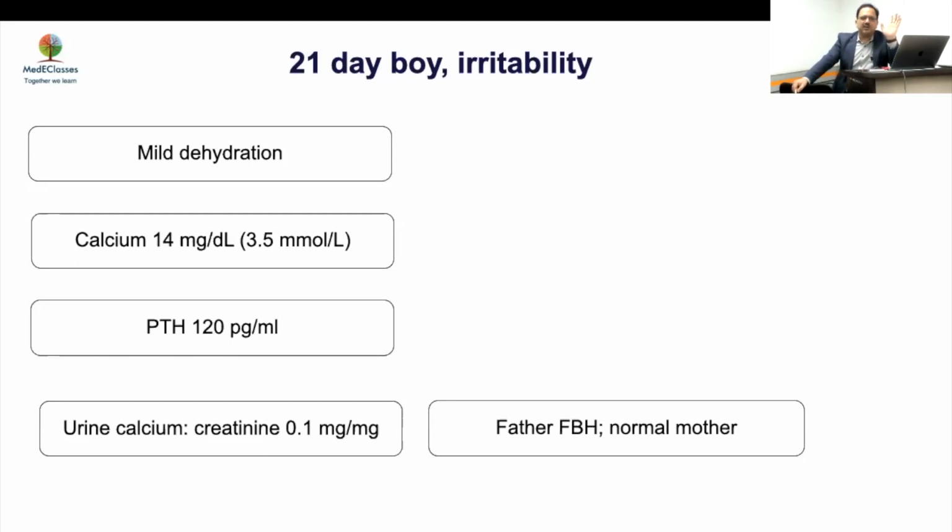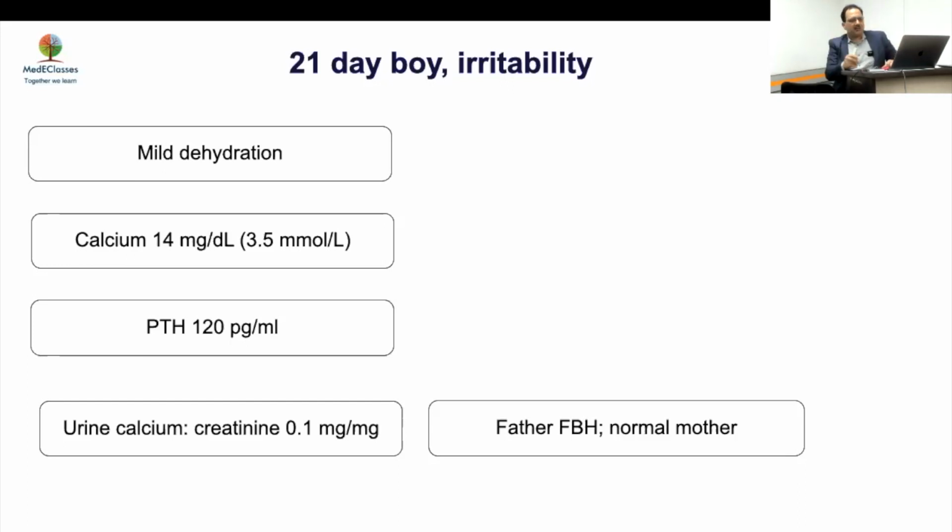Because by your logic, both of them would be affected, but his calcium is not that high. You can have this as neonatal severe, but it is milder. So what is happening? This is neonatal hyperparathyroidism. Only one parent has high calcium, and that too the father. When it comes from the father, the fetus's calcium sensing is defective. It will sense the mother's calcium, which is normal, as low. So he will have hyperparathyroidism in the fetal period, and develop hypercalcemia in the postnatal period. But over time, he will become normal.